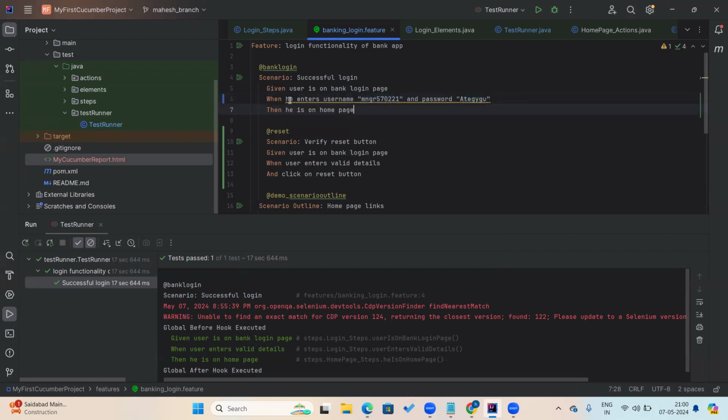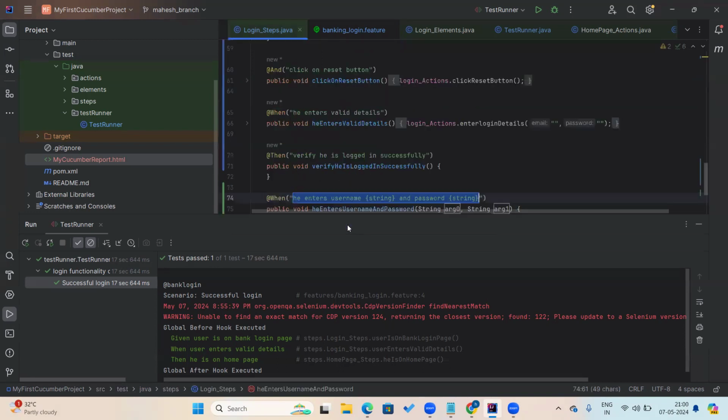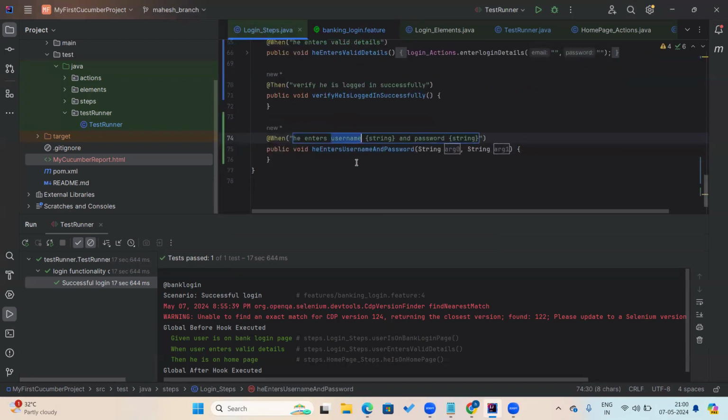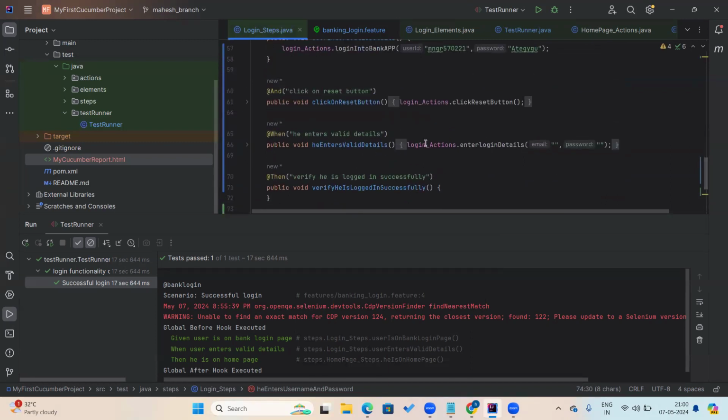Now you have to write a step definition for this particular statement. When you hover on it, it will give you this suggestion, create step definition. When you click on that and choose the existing steps file itself, login steps, see, it created a step definition like this. Earlier we used this particular method, right? Login actions dot enter login details. So you can use the same method,